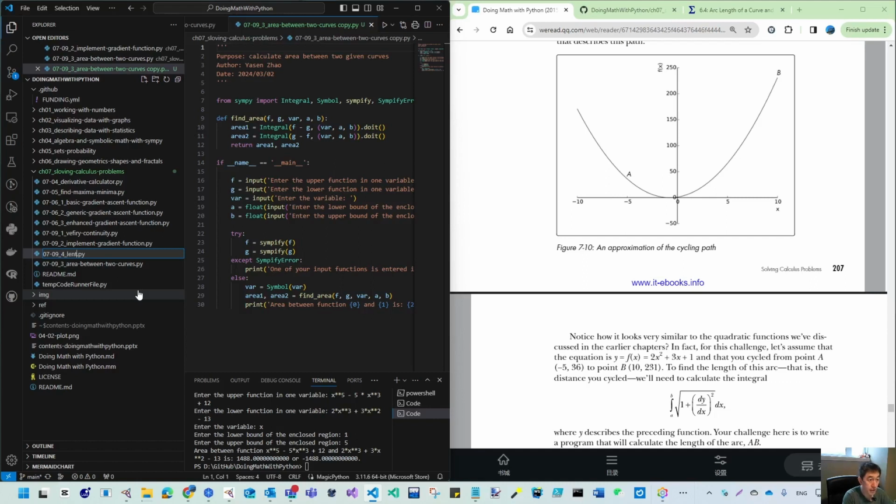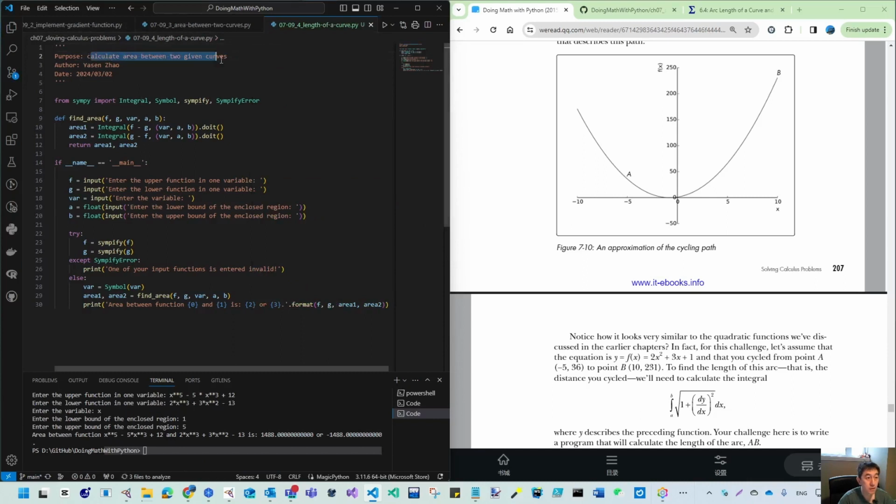First, I rename this to length of a curve. We are not dealing with a region now, so our purpose is different: finding the length of our given curve. This given curve is just a function, while from the geometry side it is a curve. So we first need